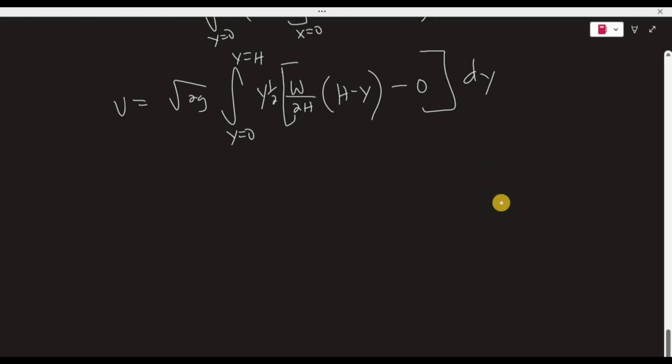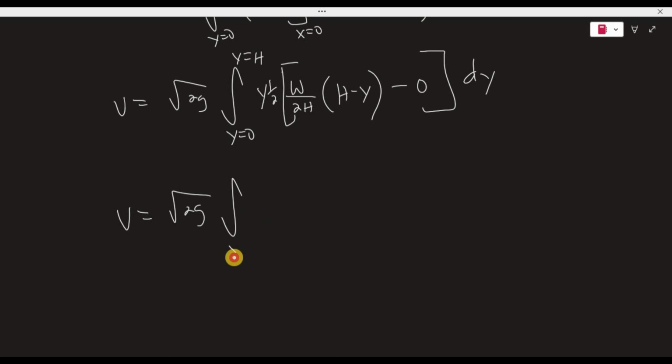Now simplifying, y equals 0, y equals h, so this is equal to w over 2h, y to the 1/2 times h minus